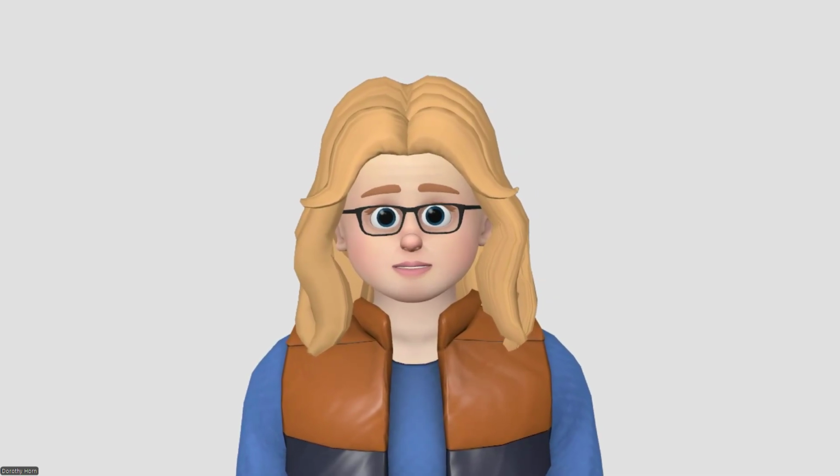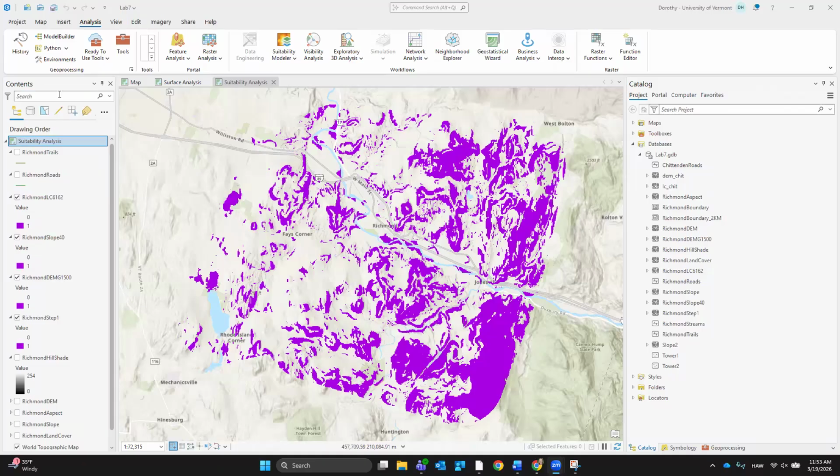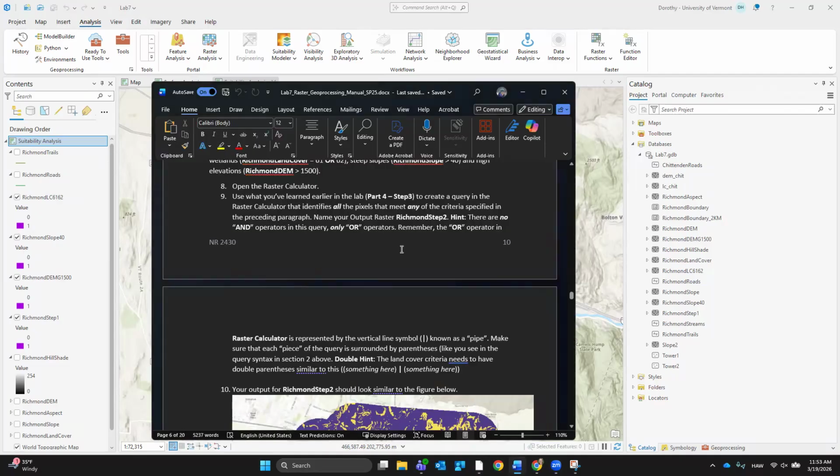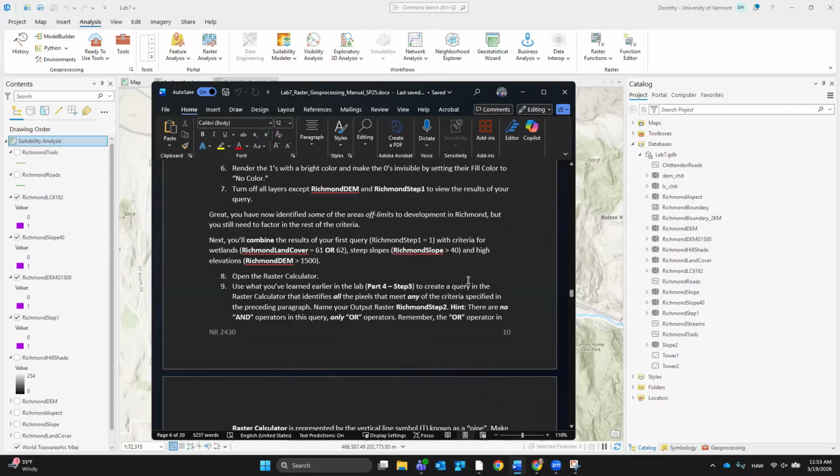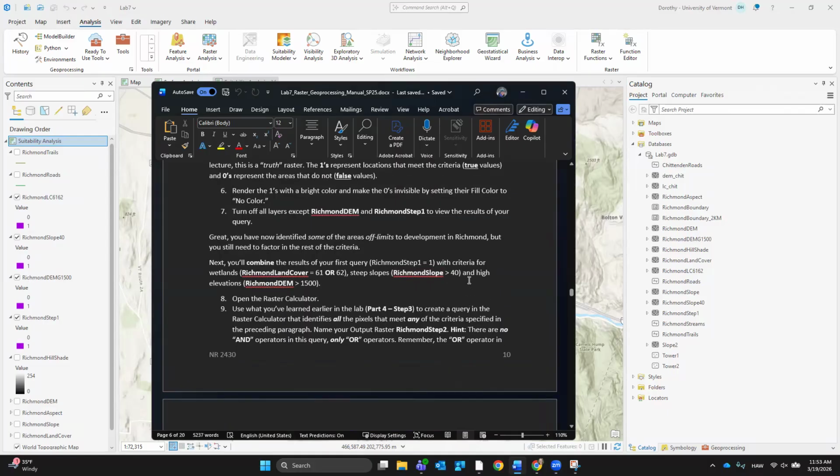Okay, so here I am back in GIS. I have triple checked that each one of these three raster files does in fact have 0s and 1s, and then here's my initial step 1. So I'm going to go back up here and reread this really carefully.